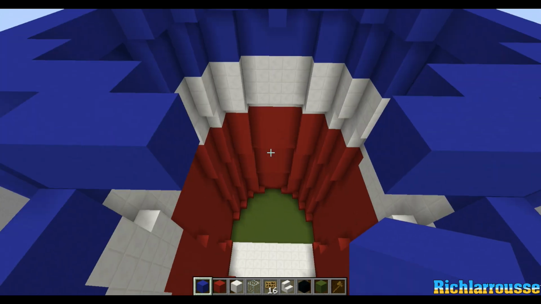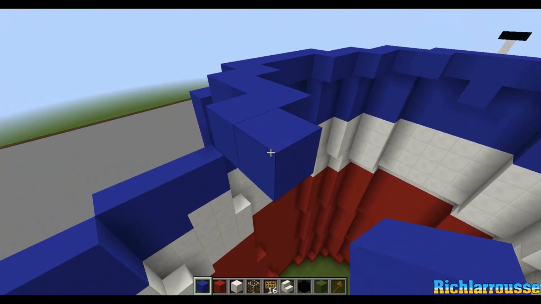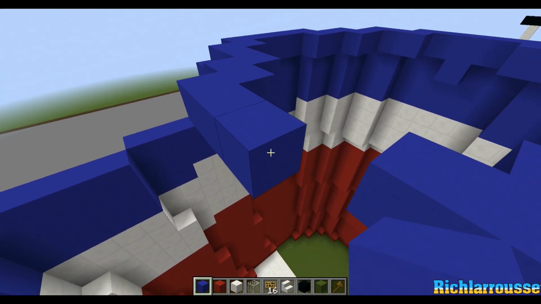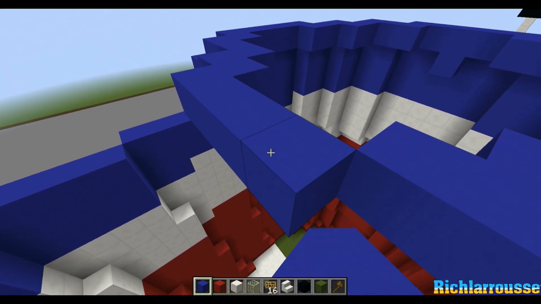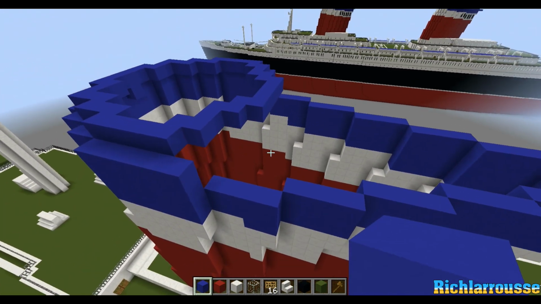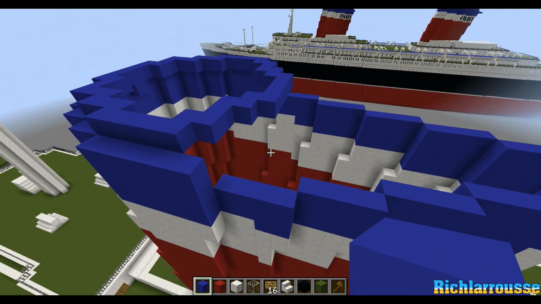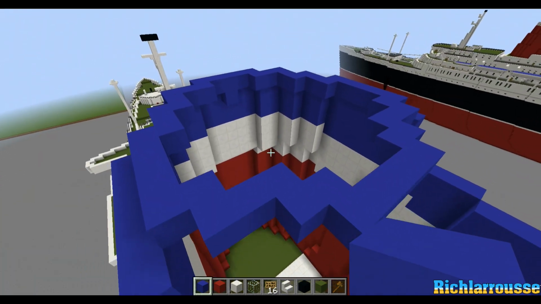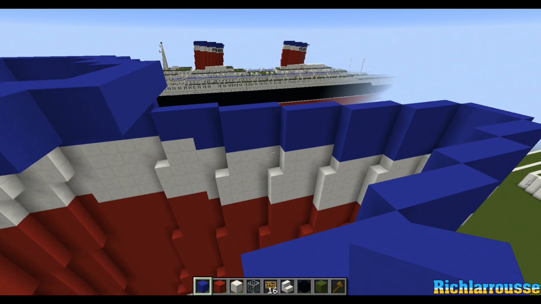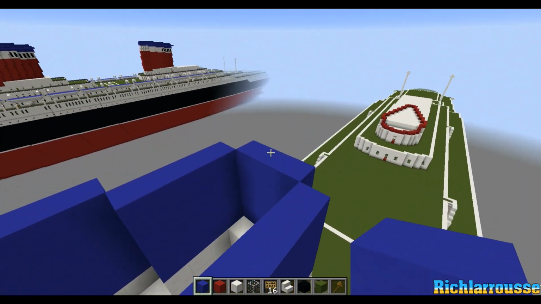Or 5, sorry. What is it? It's 2. So it's in 2, 2, and then 3. 1, 2, 3, 4, 5. Make it 5. Like that. So that's the top of the funnel. Looking something like that. Now you can fill that top space in with blue, but I won't worry about it just yet. Right, what we're going to do now is go down to the centre at the back of the